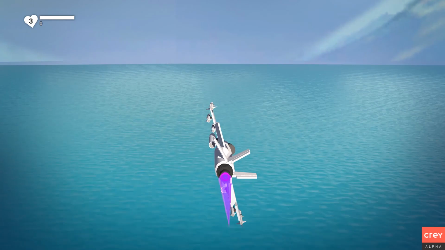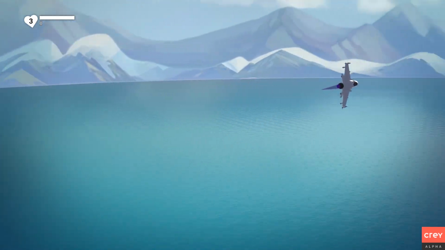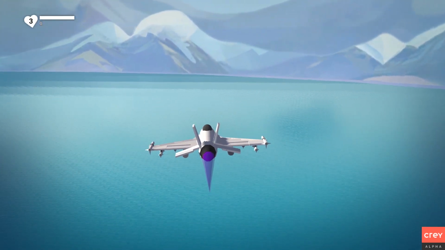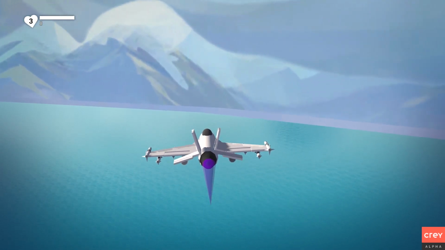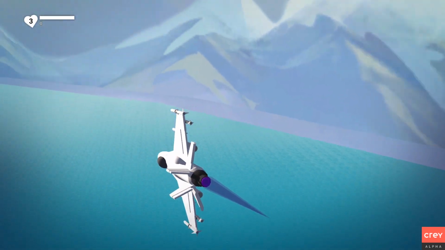Okay, so it works. It's just really hard for us to tell right now. What's happening here is when I press shift, it's going to take 1 second for it to go to its maximum speed, and now it's moving much faster. Then I'm releasing shift and it moves a lot slower. Now if I'm banking,